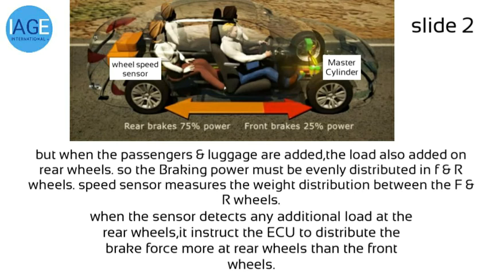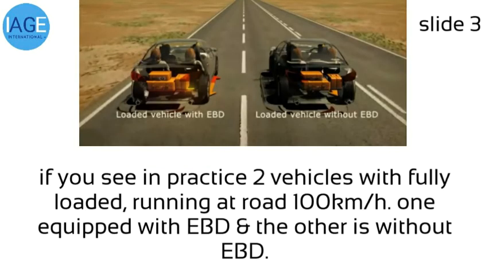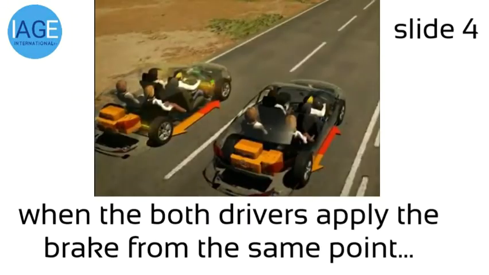The sensor measures the weight distribution between the front and rear wheels. When the sensor detects any additional load at the rear wheels, it instructs the ECU to distribute the brake force more at the rear wheels than the front wheels. If you see in practice two fully loaded vehicles running on the road at 100 kilometers per hour, one equipped with EBD and the other without EBD,